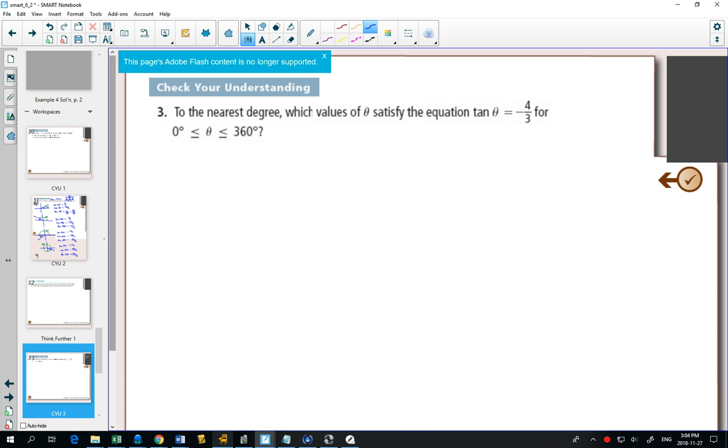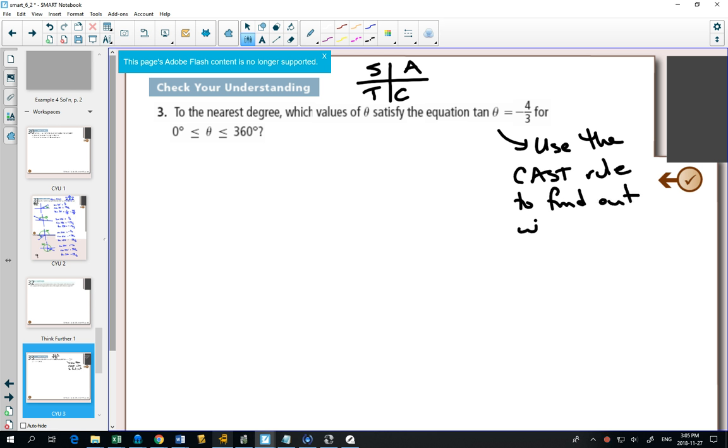The difference is that there's a negative, and you never had negatives involved in any grade 10 trig, because you don't draw triangles with negative sides. You always draw triangles with positive sides. So what happens in grade 11 is the idea of the CAST rule comes into play. And if tan is negative, we're going to use the CAST rule